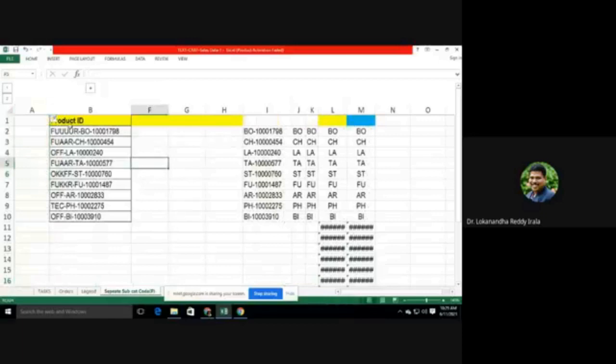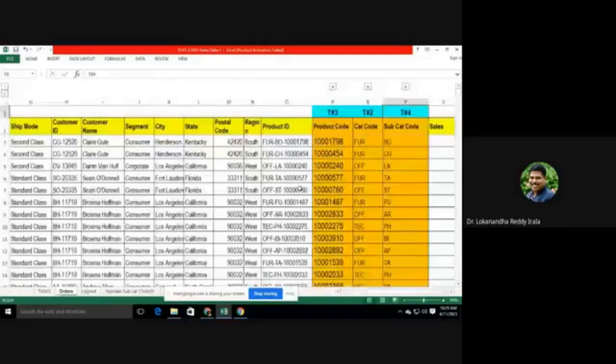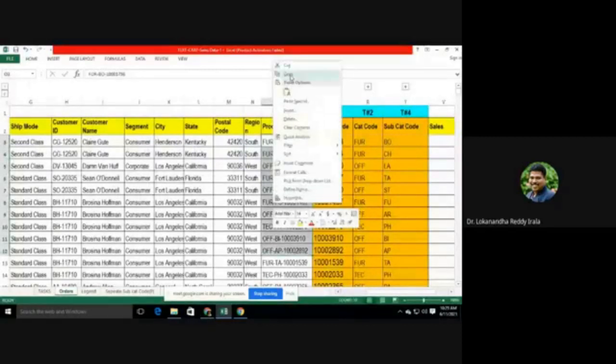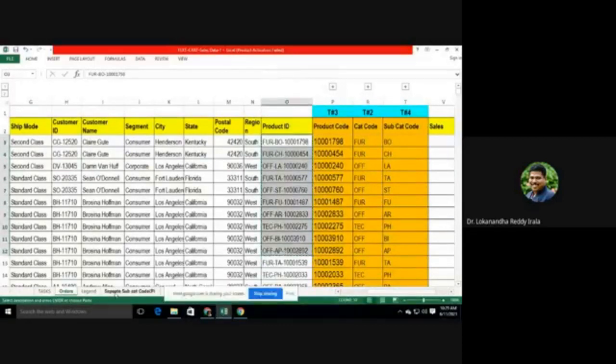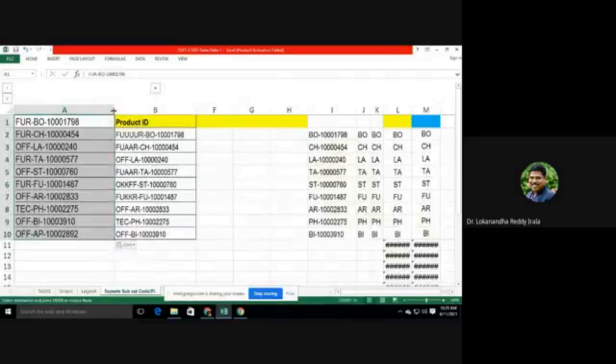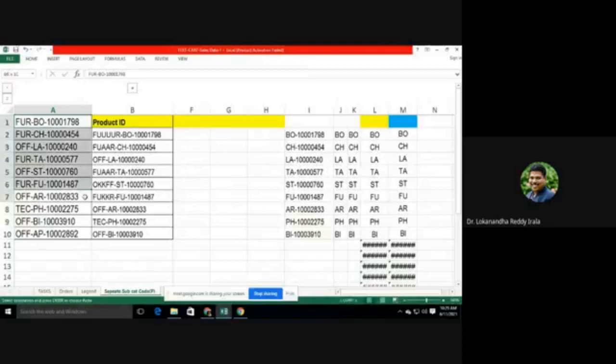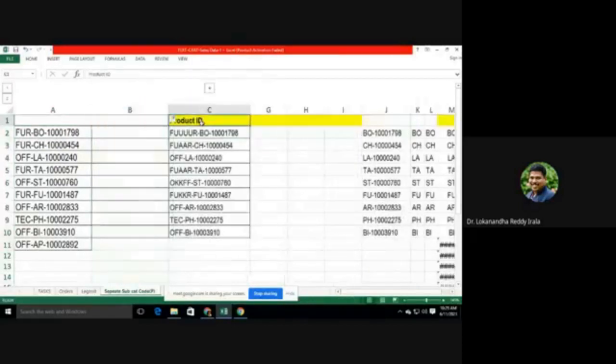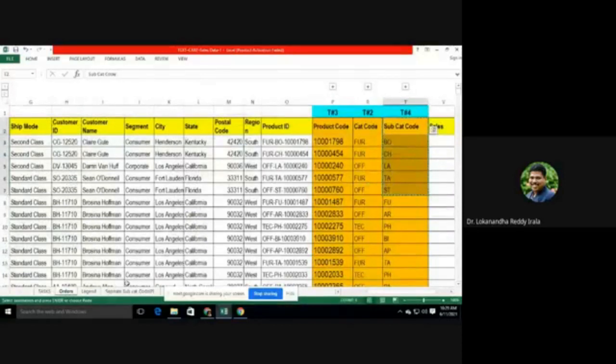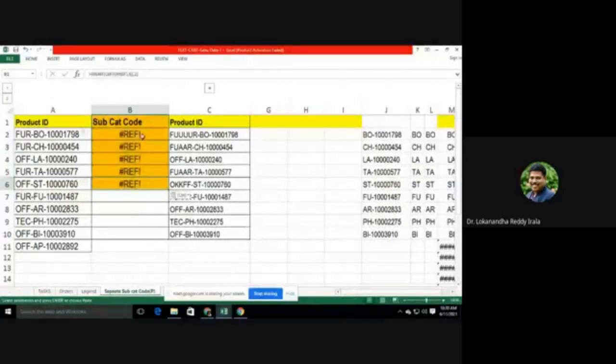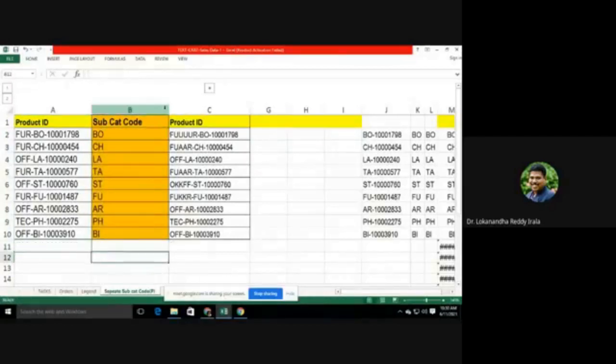The previous product IDs were like this. From those we separated the subcategory code, so this is how we did.